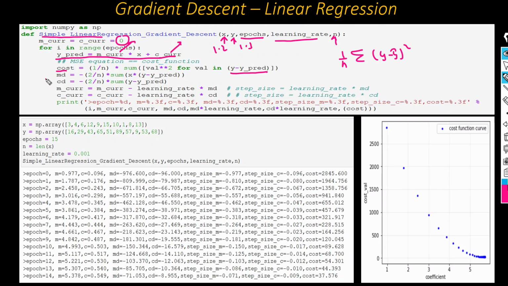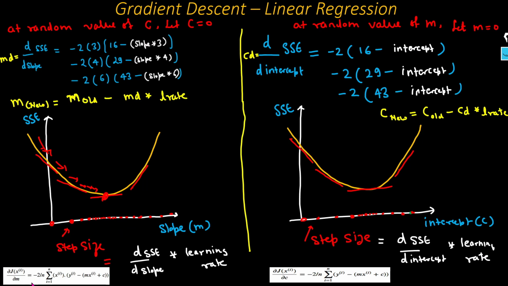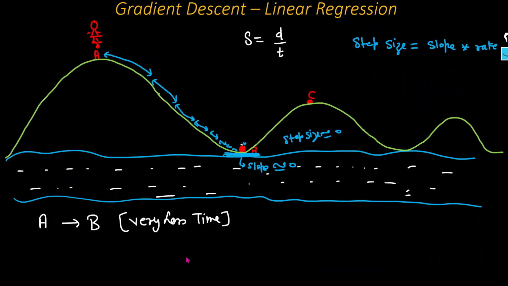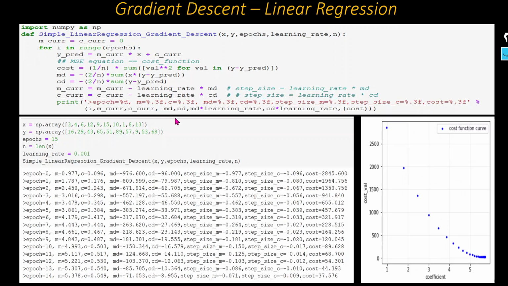Here is the derivative with respect to m and the derivative with respect to c, as per our formula. The formula is minus 2 by n summation of xi times (y minus y predicted), and the same thing I use here. And minus 2 by n summation of (y minus y predicted) is the derivative with respect to c.